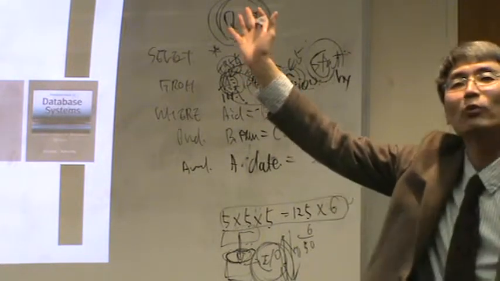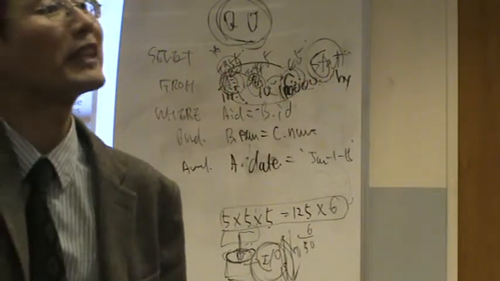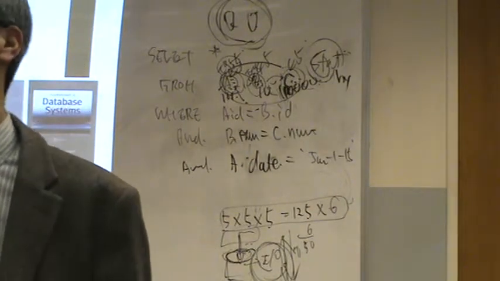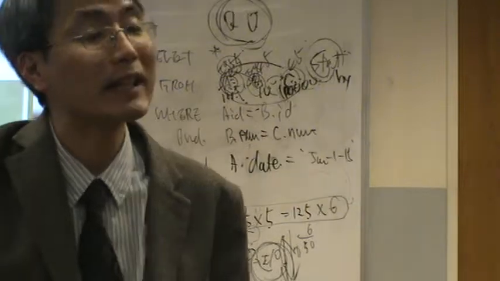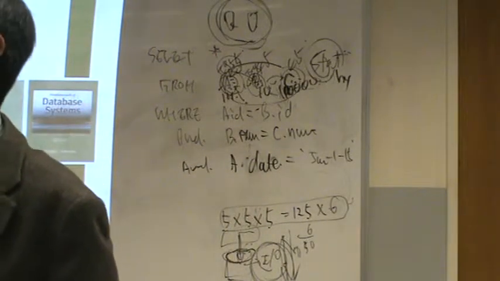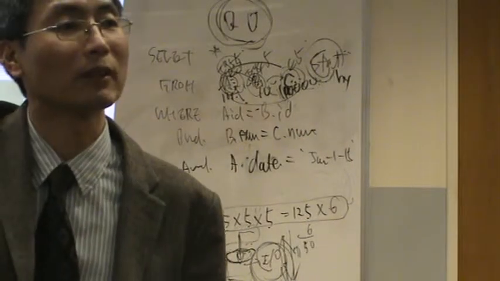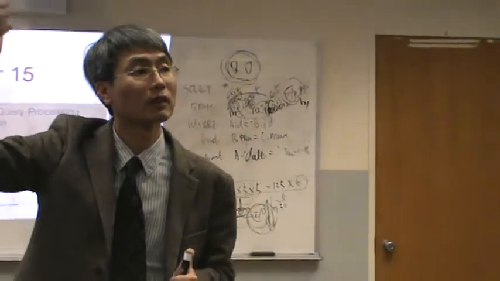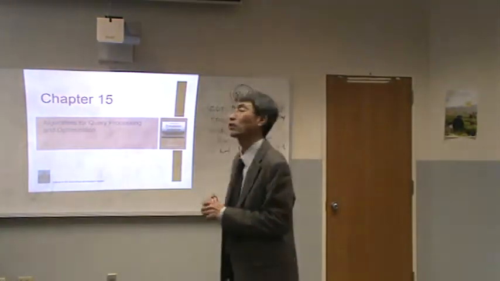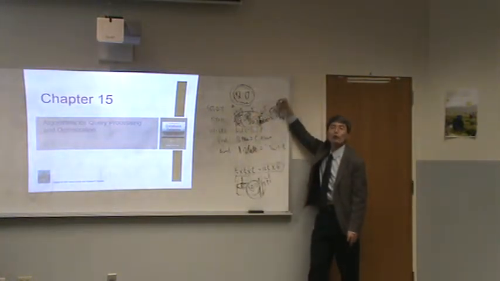So is there anyone who saw the project B description? Nobody? If you take a look at project B1 and B2, what is the main part? What is the main goal of the B1 project? The first part of project B is creating the catalog database. So you need to keep such statistical information for each table, for each index.